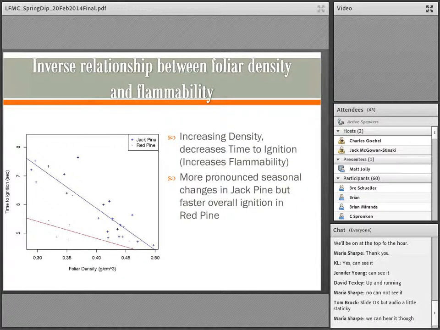over time. The other thing that's important about the density change is that in the springtime, before new needles emerge, the volume of the tree crown is not changing. But we know from these density measurements that the actual total amount of biomass in any given volume of needles is increasing during this dip period, which basically means that we're increasing the total amount of energy of these forest stands during this dip period, proportional to the increase in the particle density.